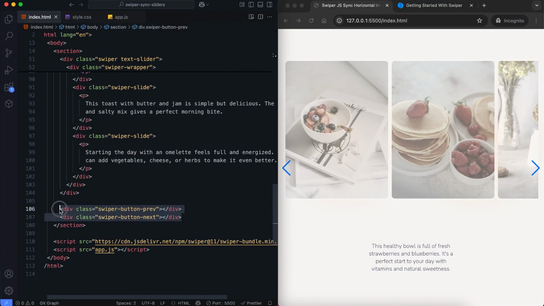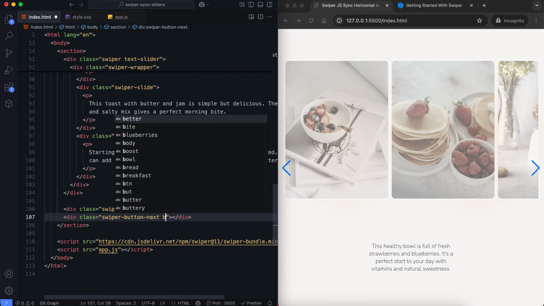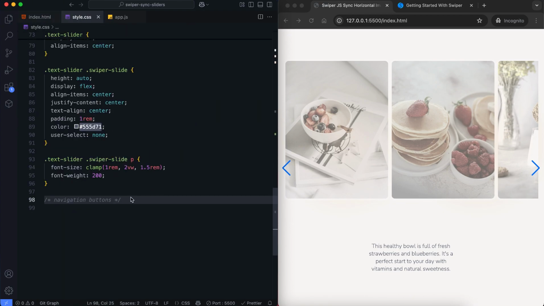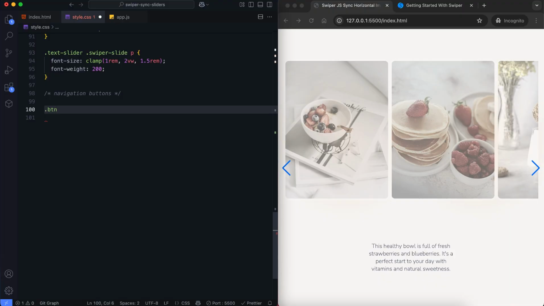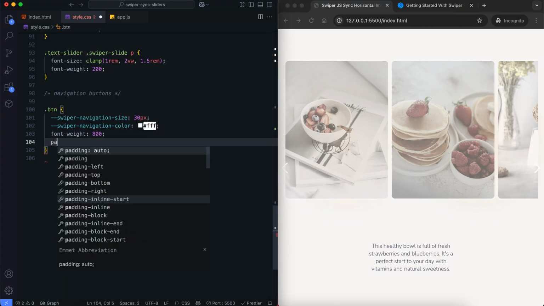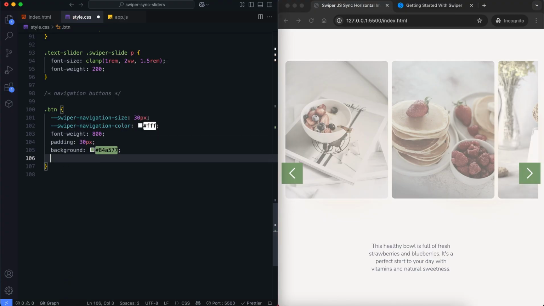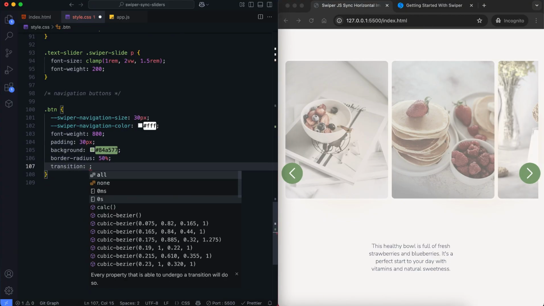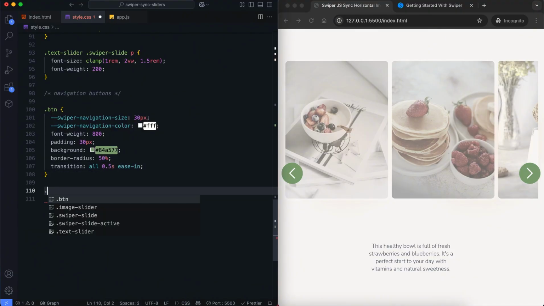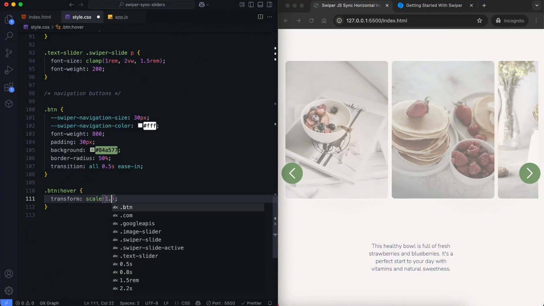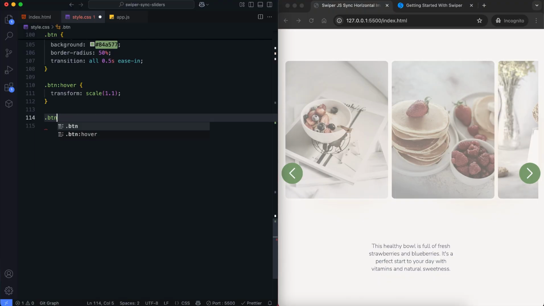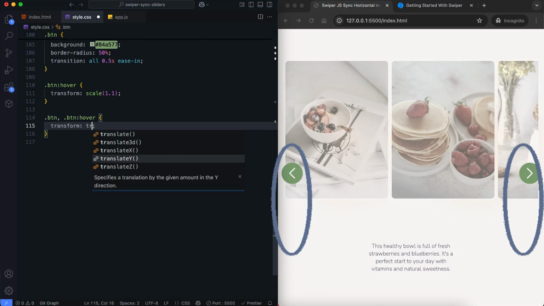Now we style the navigation buttons using a common class. The buttons have white arrows, green background, and round shapes. We move them down slightly using the transform property.